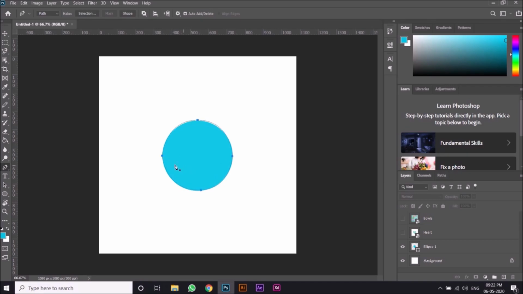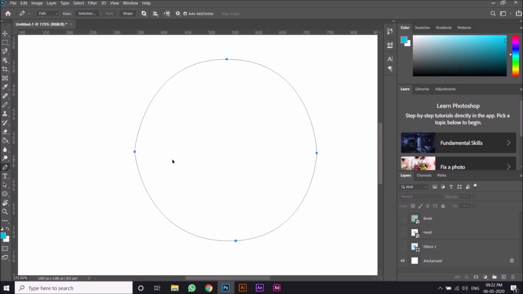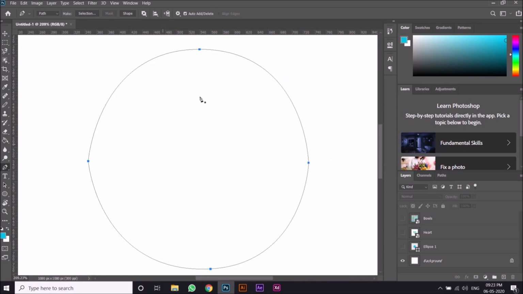circle. Now as you can see, the path looks fine according to what you have been seeing, but let me just hide the circle, and then let me just zoom in a little bit, and you can see here that these 3 points look curved while this point looks sharp, that is, it has a pointy edge. This is because I haven't created any handles for this point, that is, I have just clicked on it and then continued with my further points for making the circle. To make this curvy, you have to start by clicking and holding and dragging to make handles for the point.